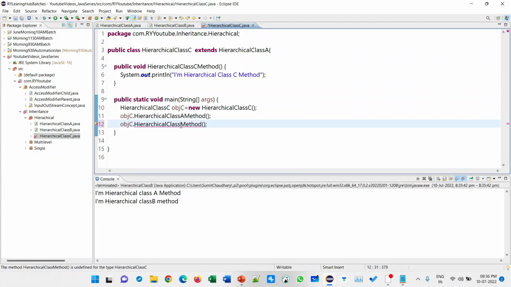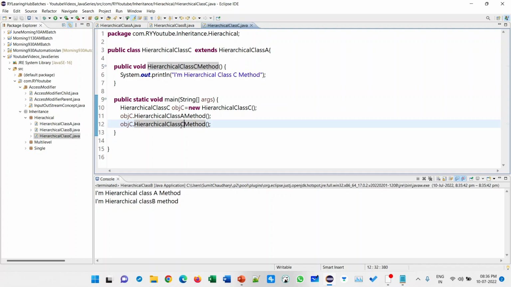That means we can use a method in multiple classes which is defined in a single class. This is the concept of hierarchical inheritance.